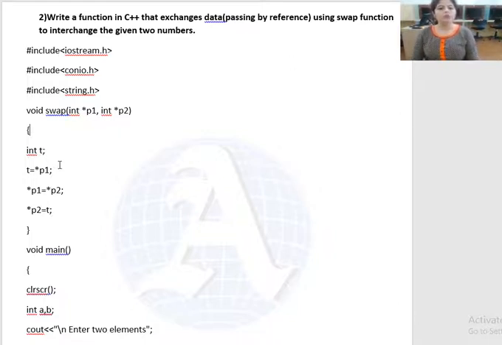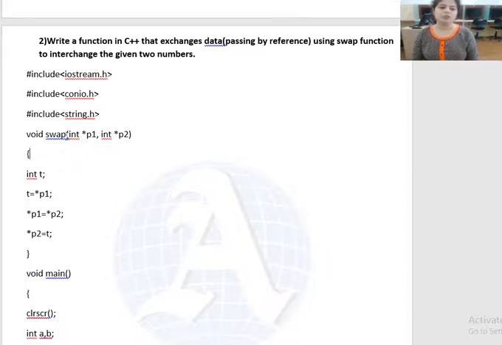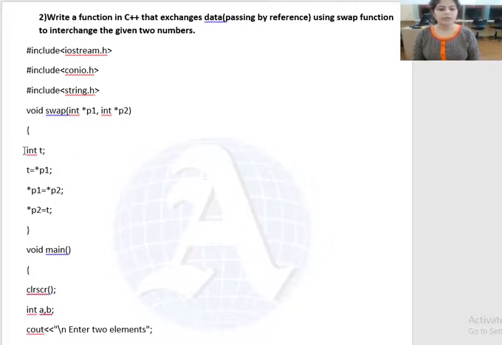Now what do we want to perform inside that function? Start with the curly bracket. We have to use a variable t as a temporary variable to store the data temporarily. So we initialize the variable t with integer t, whose data type is integer.